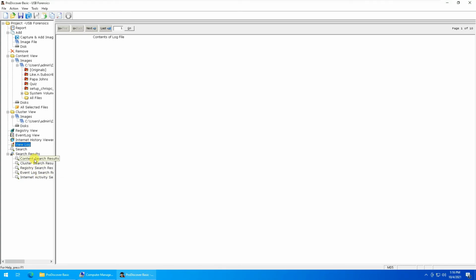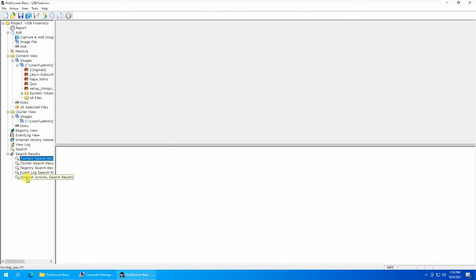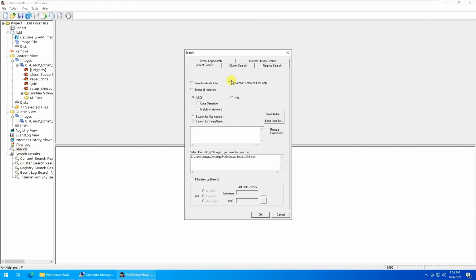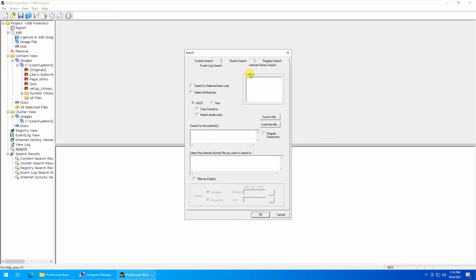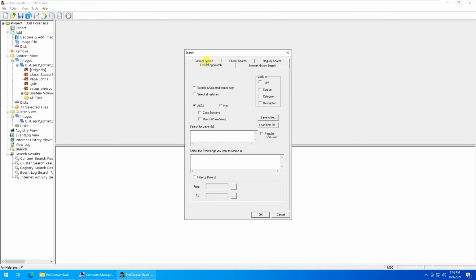Now if you want to conduct certain searches over here, you can click on search, and you can search the content or cluster search, registry search, internet history search, or even the events.